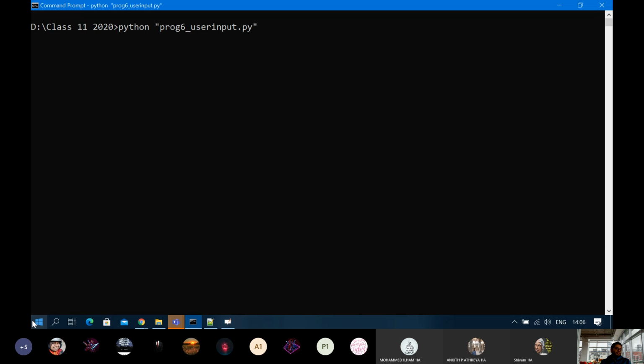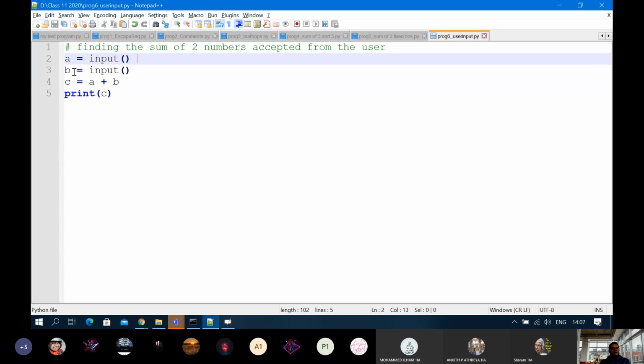What happened? You can see that the screen is blinking. That means when the computer started executing, it found this line, A is equal to. The first line it ignored because it was a comment. It came to the second line. After the equal to, it started evaluating to obtain a single value so that it can be put in the RAM and then a label can be associated with it.